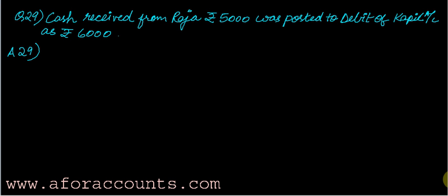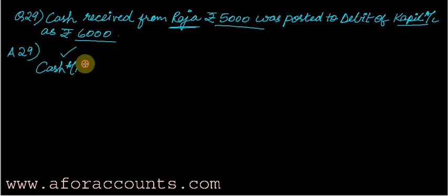Question number 29. Cash received from Raja was posted to the debit of Couple's account as rupees 6,000 instead of 5,000. 6,000 has been written and the names have also been changed. So while solving, when the amounts are different, write the amounts. The correct entry will be: I received cash from Raja. So, cash account debit to Raja